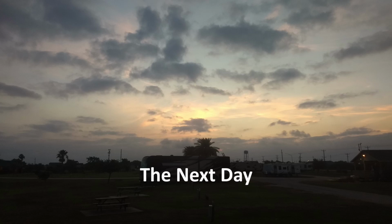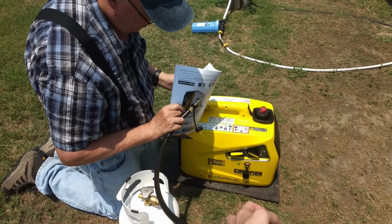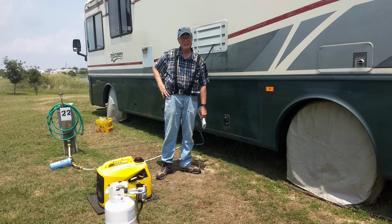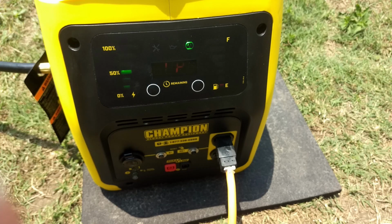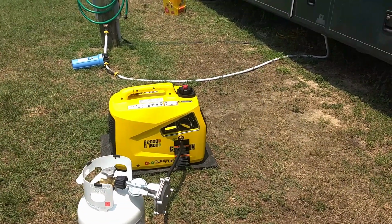Well, we couldn't start it that first day, so we had to make sure we had a propane tank and propane. So we got it all set up and had everything ready to roll. Nice size. We did a 10-pound tank, 10-gallon tank. Nice display on this end. And here we go. So initial sound